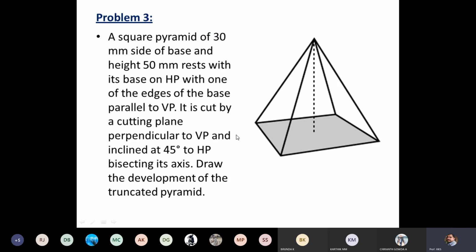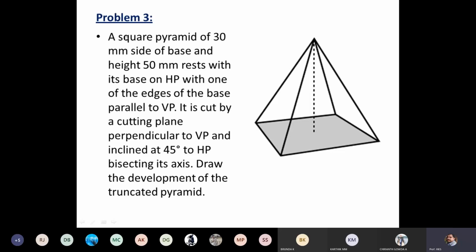In this class I am going to solve only one problem. Understanding the concept is very important rather than solving a number of problems. Without understanding the concept in drawing, you cannot succeed. It is not about how many problems you solve, it is about how much you understood. Without understanding the concepts, if you go on solving problems, it is of no use.